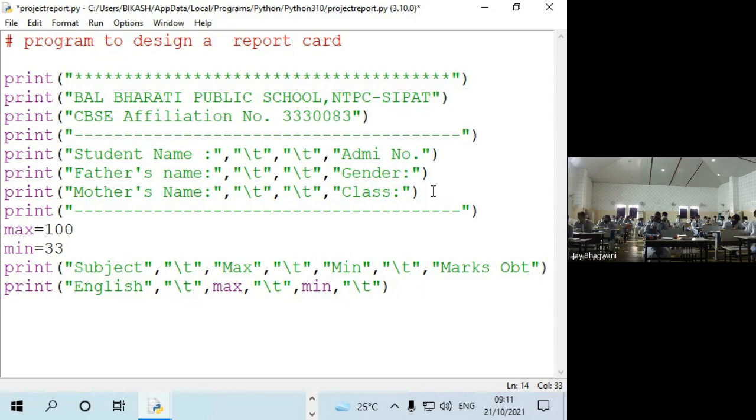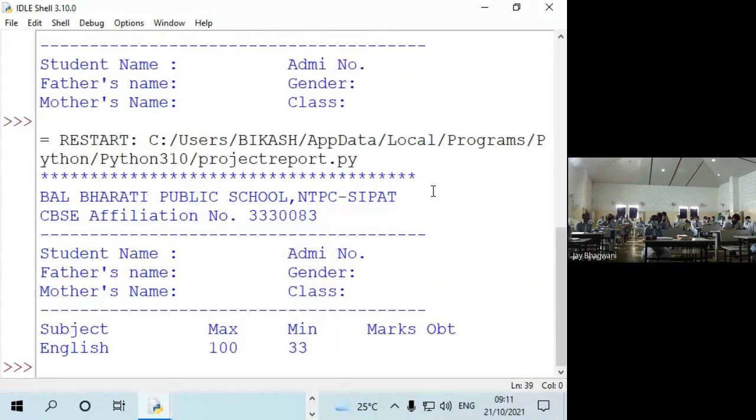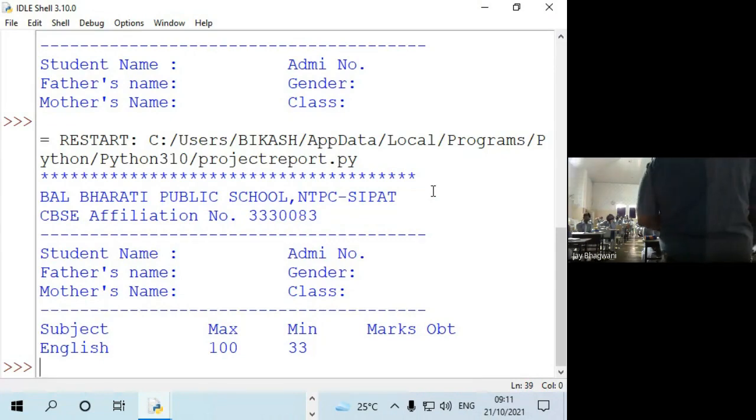Always remember the variable name should not be enclosed in double quotes. Otherwise, the same text max will be printed, but I want the value of max and min. That's why I put the variable here without the quotes. So let's see what output this line is showing. Just like the report card, you can see subject, then English, then max marks 100, minimum is 33. Marks of 10 we will decide when we take the values.